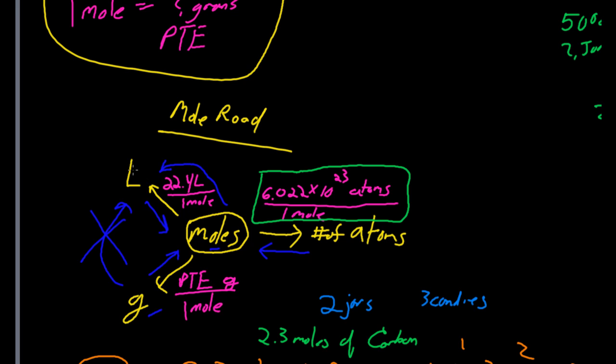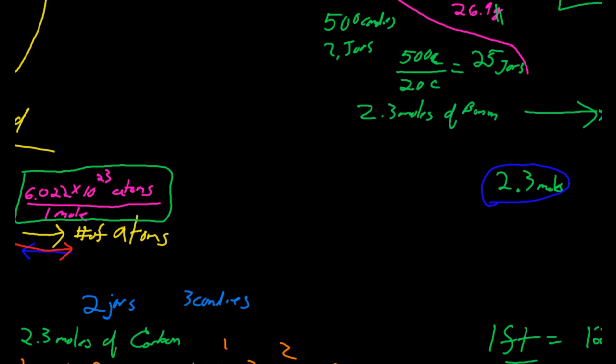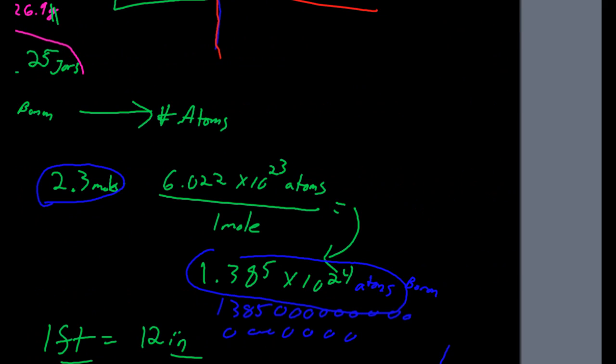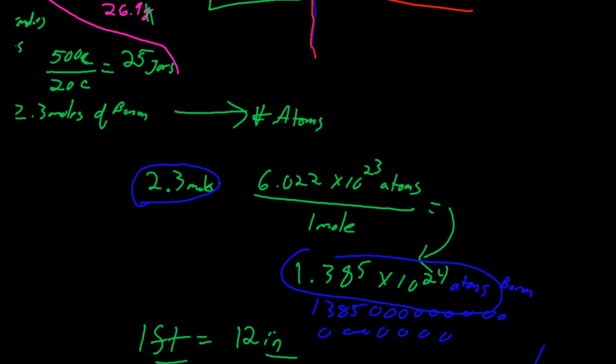another unit. So if we have liters and we want to go to grams, we have to first find out how many moles are in that amount of liters, and then use that number of moles to go to grams. And similarly, if we have the amount of liters and we want to go to the number of atoms, we have to first find out the number of moles, and then we can go to the number of atoms. So with that being said, the answer to the previous question, can we use liters to go to the number of atoms,